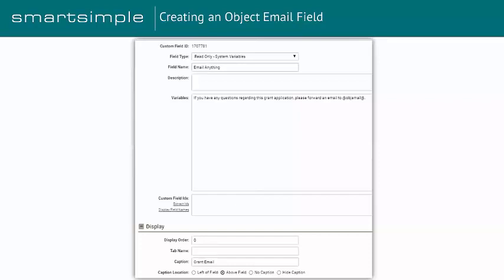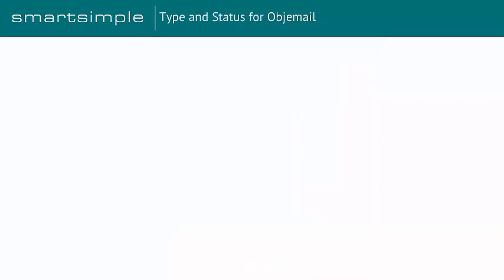So like other custom fields in your system, you will just simply create a custom field. The only difference here is that for the variables, you will just put @obj email@. Once our custom field is set up, we will then create a new email type,